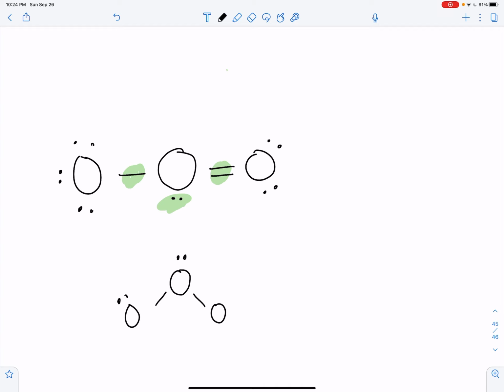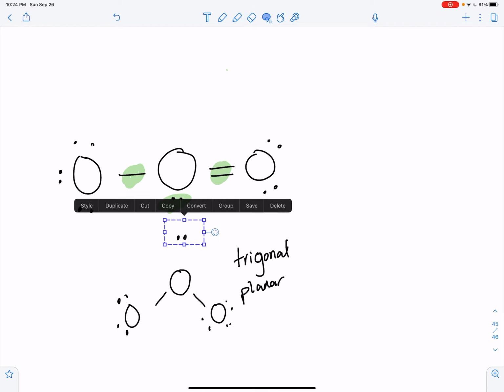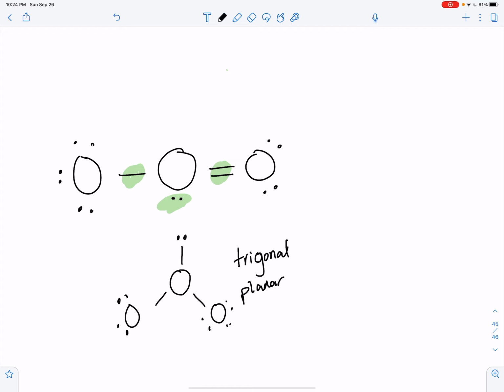actually, hold on just a second. We're going to say, oh, this is like a trigonal planar shape, because that's what you get when you have a lone pair right here. That's kind of like up this way, and if we kind of think of like a line or something, that's kind of how it works. Well, the naming system with the electron geometry, it worked well enough for many molecules,